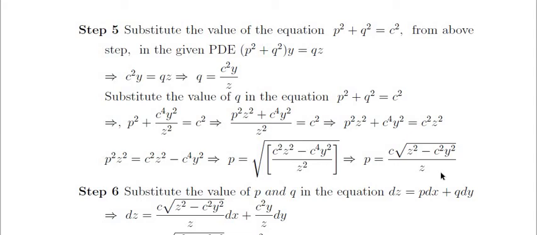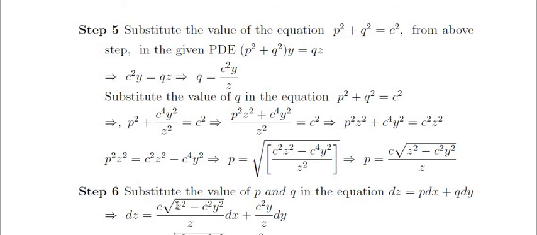In the first step, we rearrange the given partial differential equation in the form f of x, y, z, p, q is equal to 0. Then you find out all the possible first order partial derivatives fx, fy, fz like that. Then you write the auxiliary equation. Then you substitute the values. After that, applying the method of grouping, find out any one of the solutions, that is p square plus q square equal to c square. Then this value is substituted into the given partial differential equation.